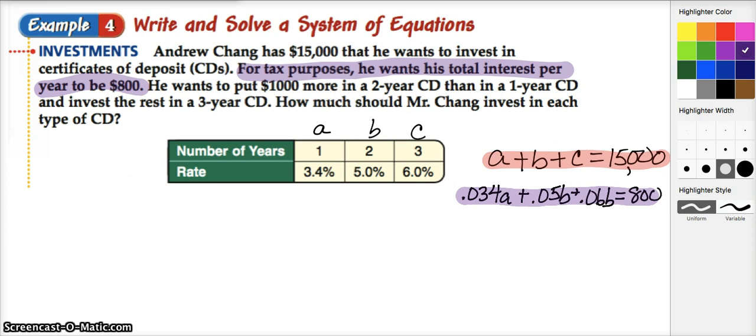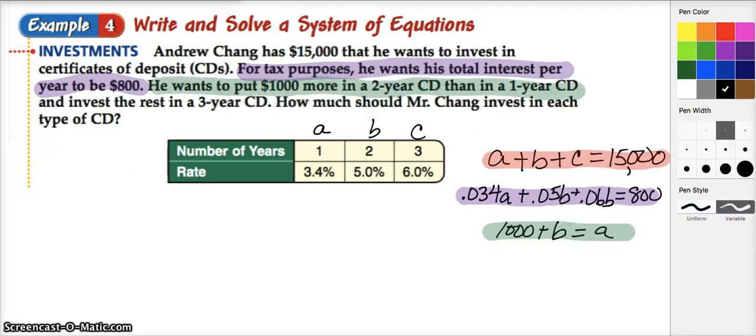Here's our third equation. This green line here: he wants to put $1,000 more in the 2-year CD than in the 1-year CD. Okay, so I had to switch that. $1,000 more in the 2-year CD than the 1-year CD means that B is going to be